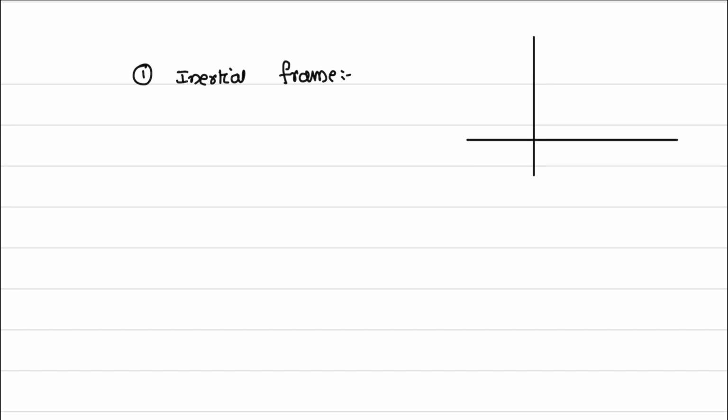First point is inertial frame. What is an inertial frame? Because I told you from the beginning in the physics classes that there should be a reference frame. And in the last class also we have seen this reference frame. Let me draw it properly with the z-axis also. This reference frame